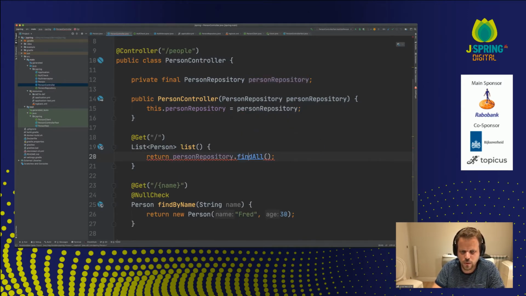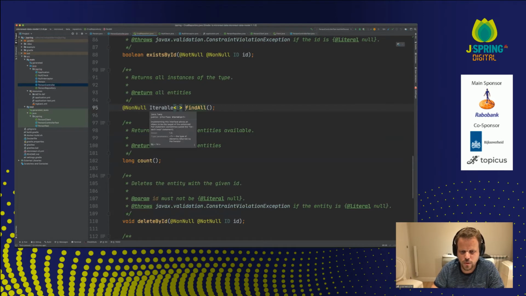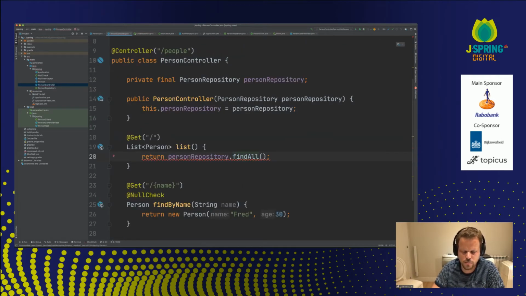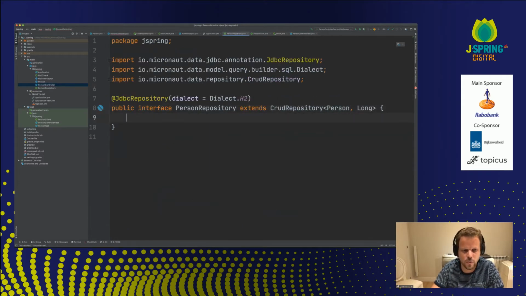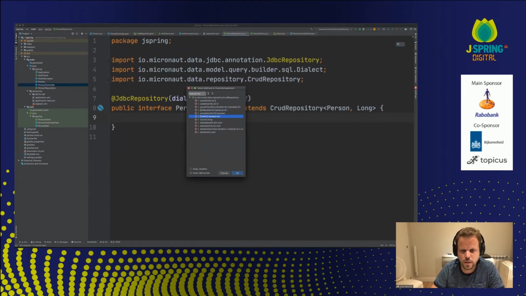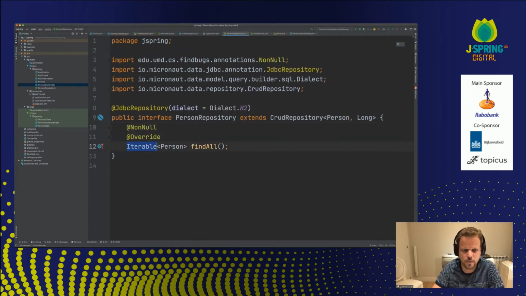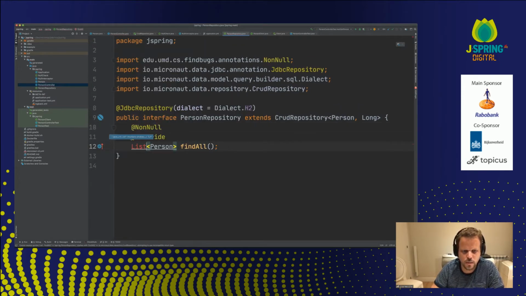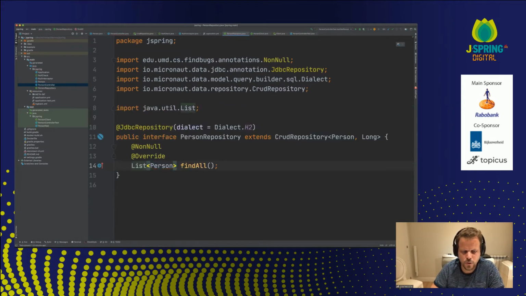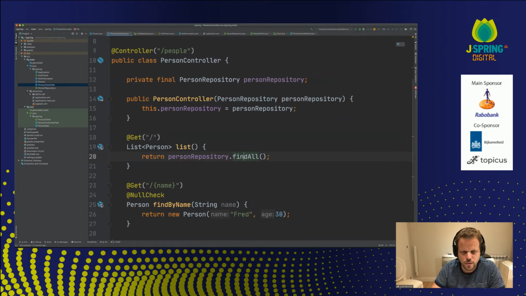I think it's because findAll returns an iterable, sorry, and here we're returning a list. So probably the easiest way to do that is just to override the findAll method in here and return a list instead, like so. There we go. And now we have things compiling.